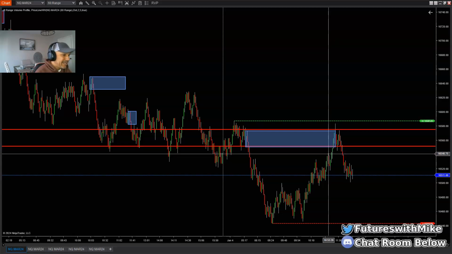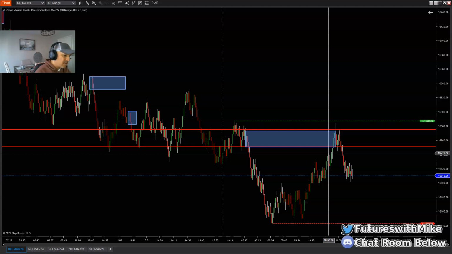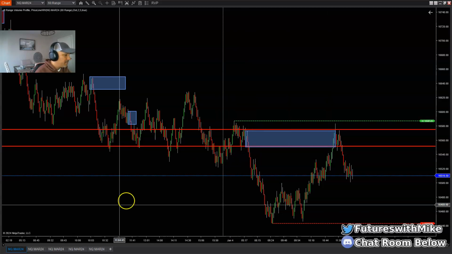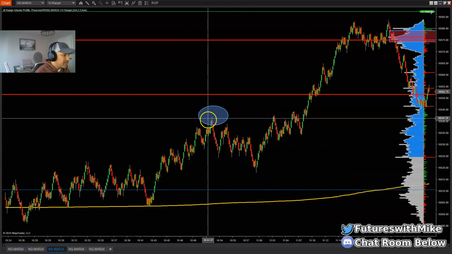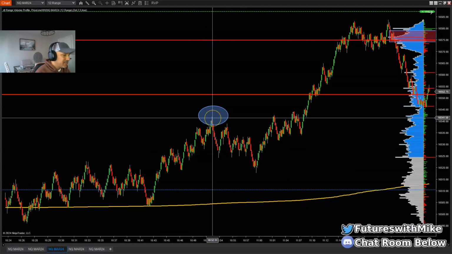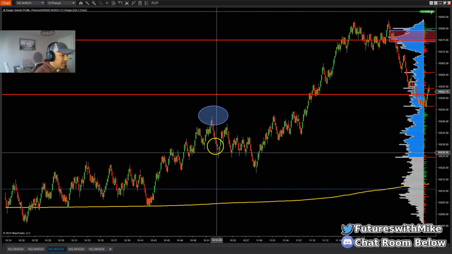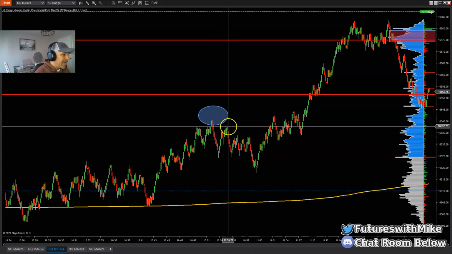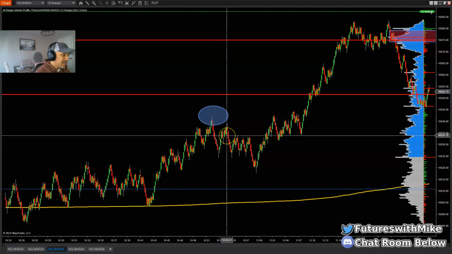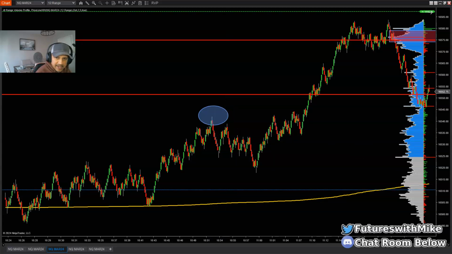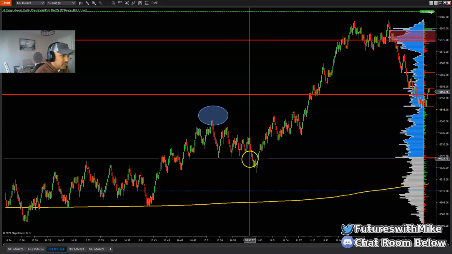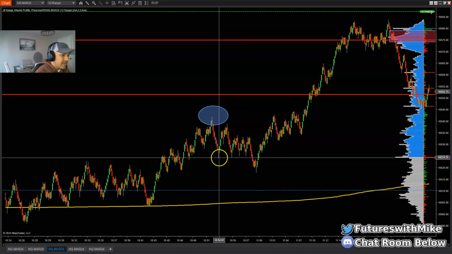But we rejected at that area. So we had the hidden pivot area 40. We had the imbalance area as well, resting in this area here off the higher time frame. So I'll go back to the lower time frame. Once we get the rejection there at those two confluenced areas, it broke structure below. Aggressive selling. I looked for the pullback, and I went short once I got the break of the candle below. I think I took out at 24, which was right below the low of this area right here at 24.